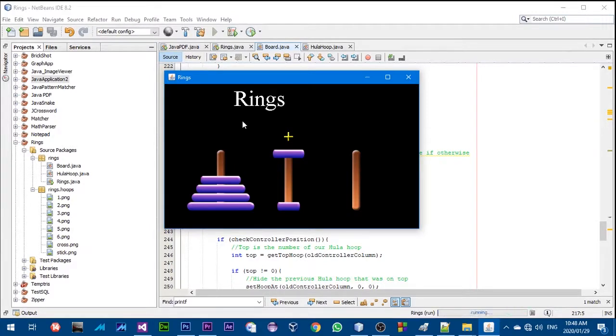is bigger on top. You have to place a smaller one on top of a ring that is bigger. For example, if I take this ring here and try to place it here, it's not gonna work. So I need to place it here on an empty space and then place a smaller one on